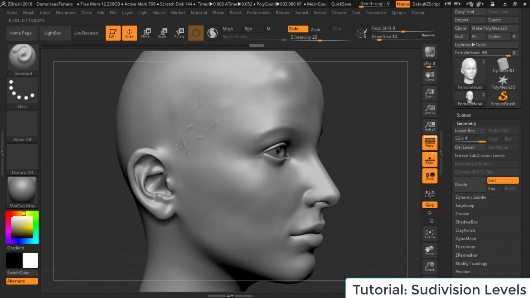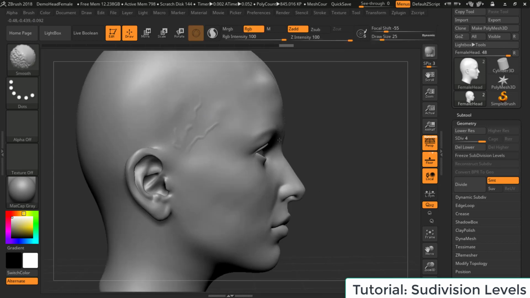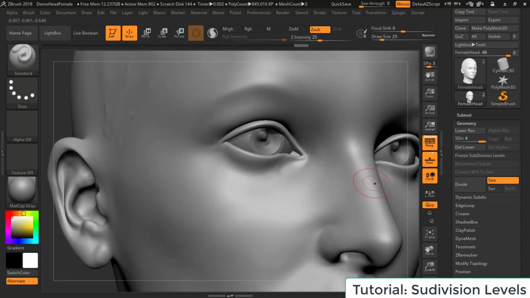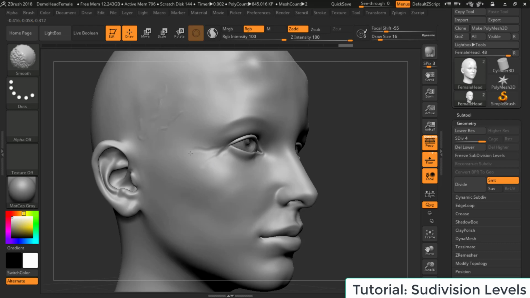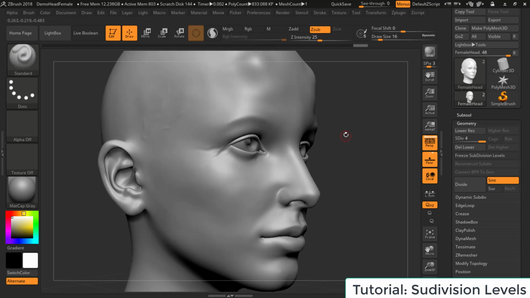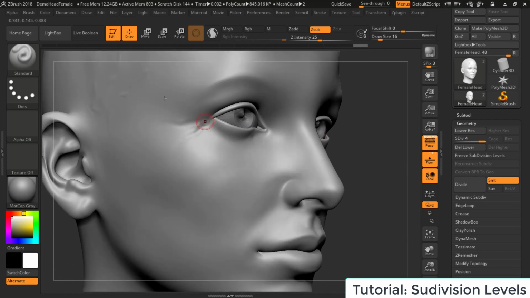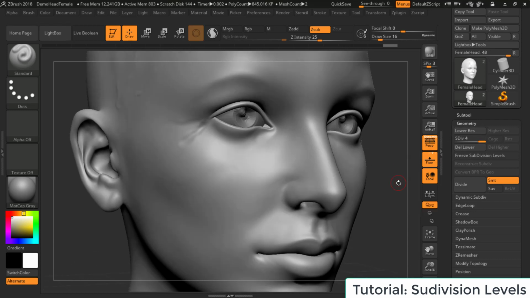now we have more fidelity. Or let's do a C sub. Now we have some more resolution. So the beauty here is that this information is currently stored in the 4th subdivision level, but I can still go